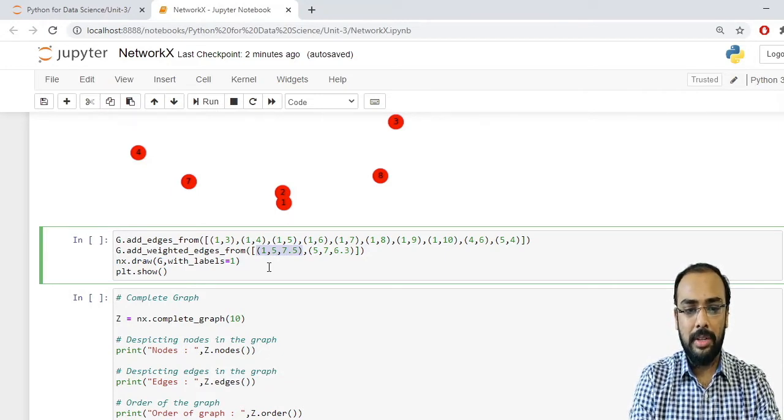Why 3 parameters? Because I have to specify the weight also. That means I want an edge from node 1 to node 5 and the weight of that particular edge is 7.5. Similarly, I want an edge from node 5 to node 7 and the weight should be 6.3.